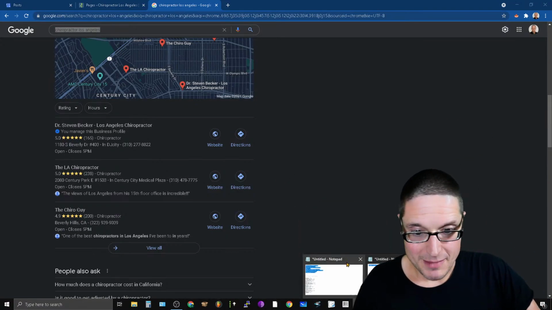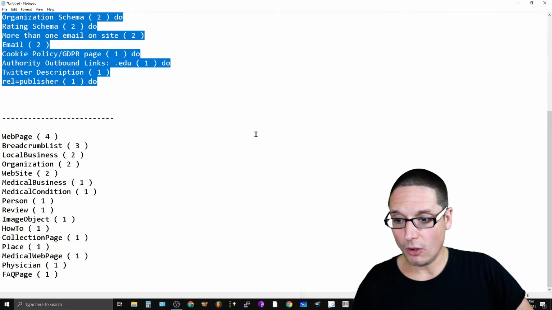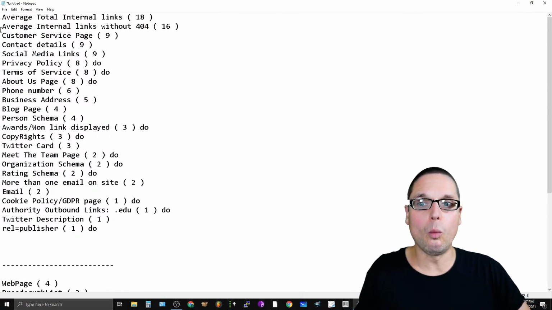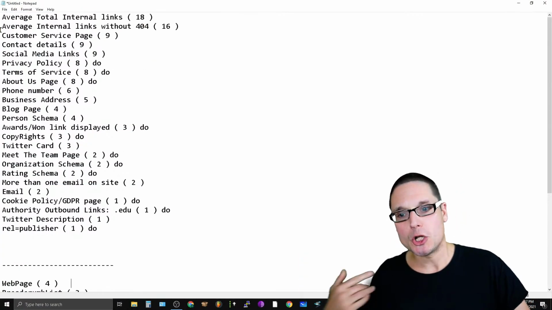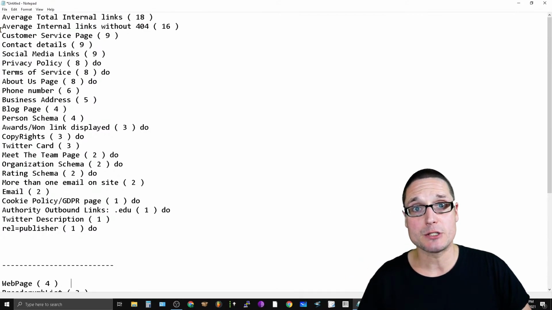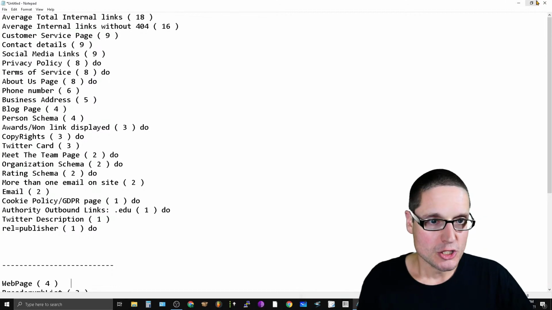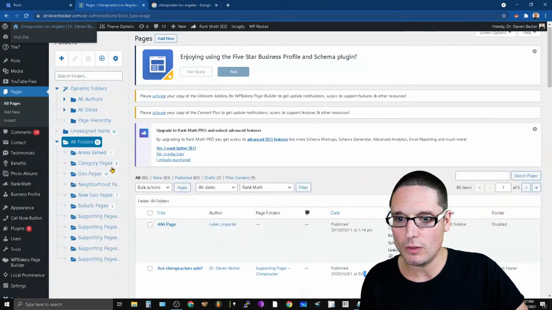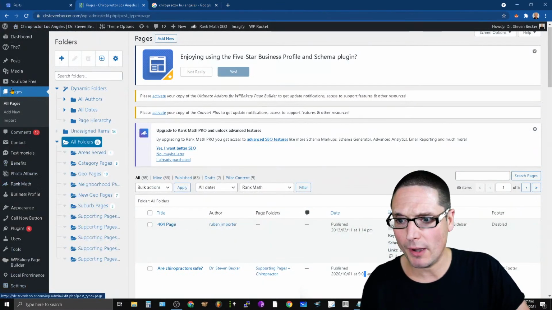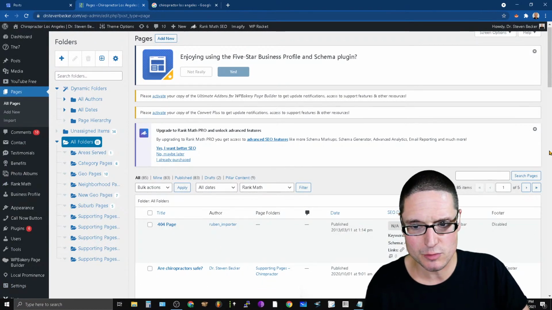Now the main list here that our competitors have that we don't is right here. So now we're going to go one by one and show you how to add these elements into the page. This is for a local business, but this could be any business. So what we're going to do is make this small, go inside of here, and head over to the main page, or at least one of the pages.